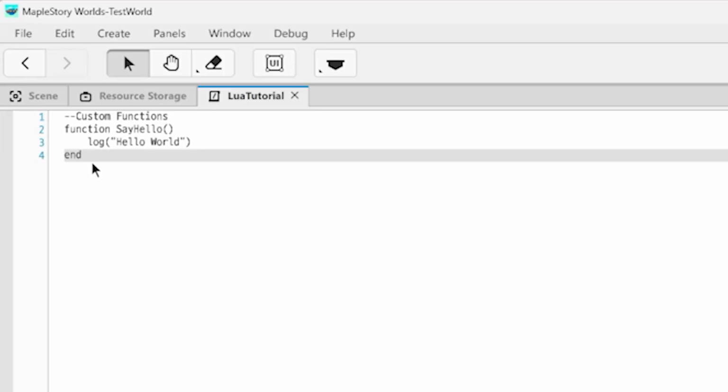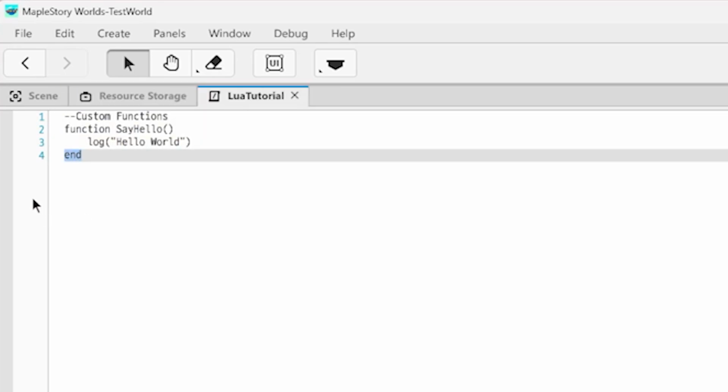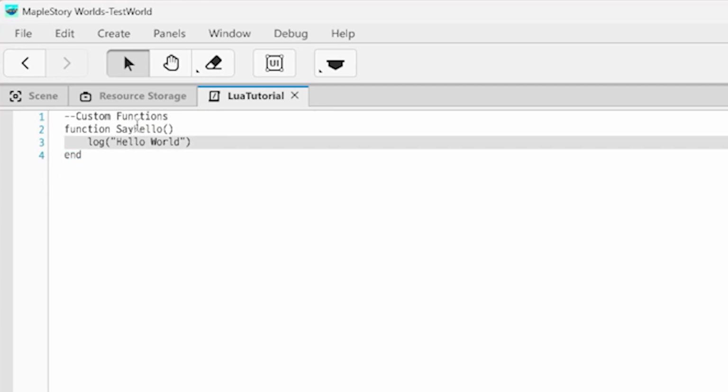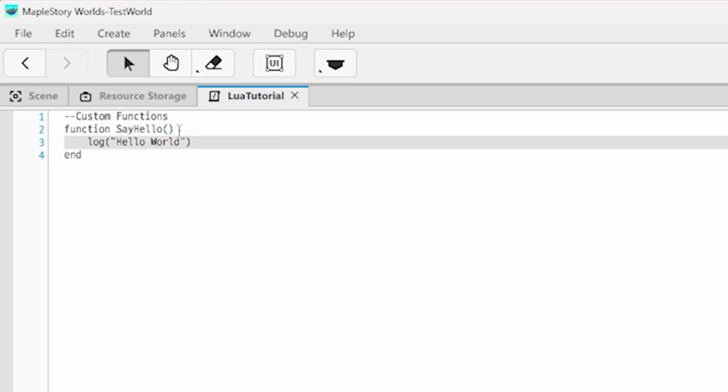So to write your own custom function, we use the function keyword to define the start of the function and the end keyword to define the end of a function. Then we write the name of our function, which is sayHello in this case. Then we use the open and close parentheses to define the parameters or the input to our function. In this case, we will have no parameters, but we still need the open and close parentheses. And then we have our function content or the function instructions. In our sayHello function, we are simply going to print the iconic hello world out to our console,